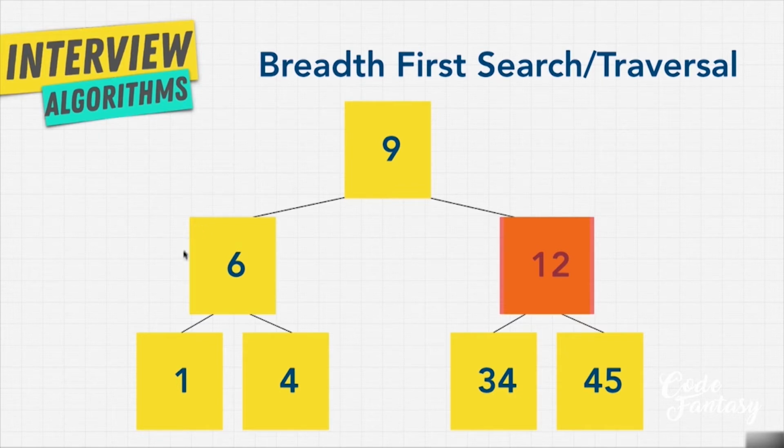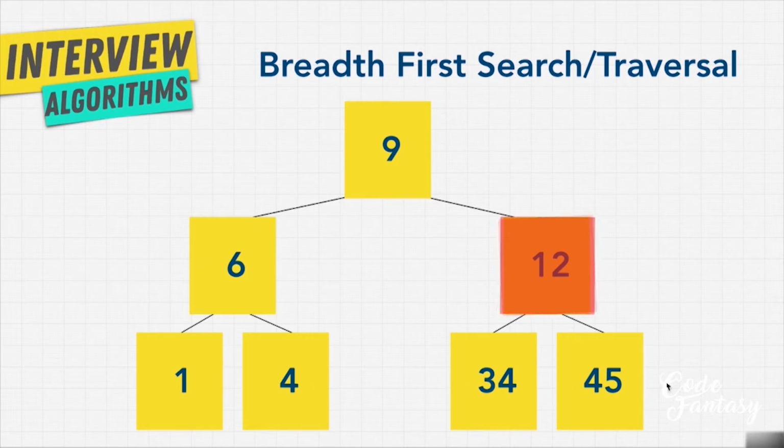So as it goes through this level, we need to keep a reference to all the children nodes of every node that we visit so that we can go back to them and visit 1 and 4. That's where the memory is coming from because we have to keep track of those children of the level that we're on. And you'll also notice this path that we're taking from 9 to 6 to 12 to 1 to